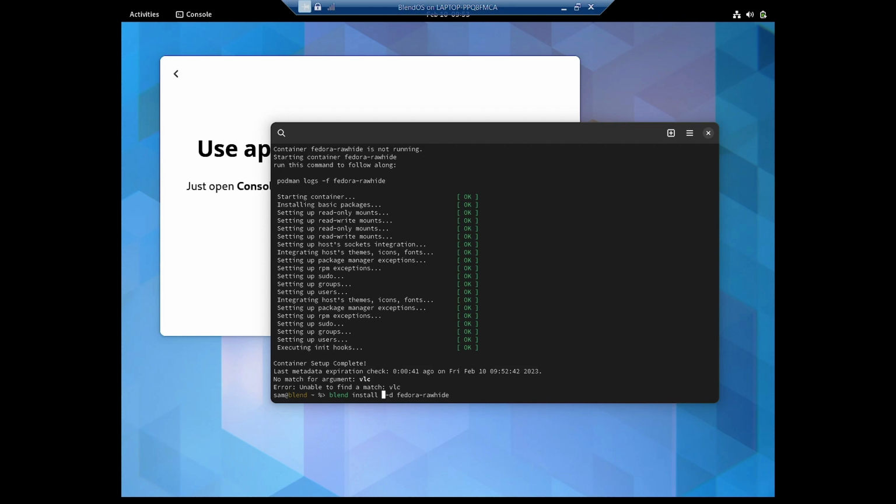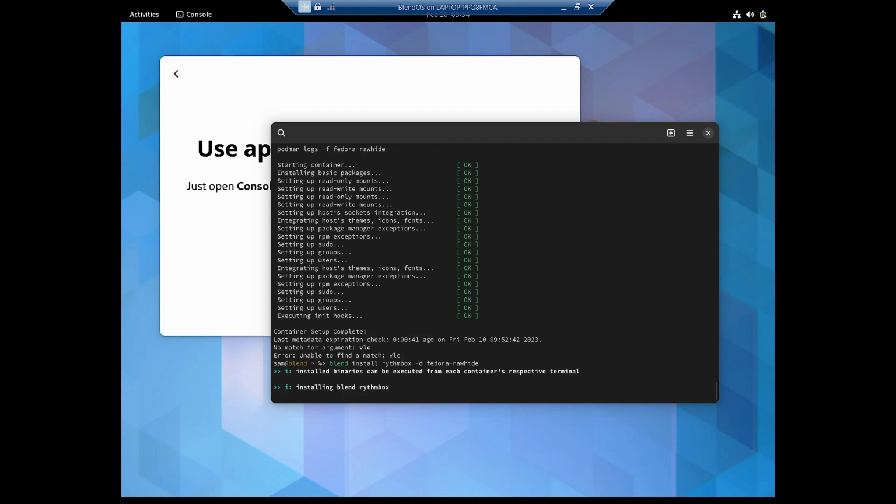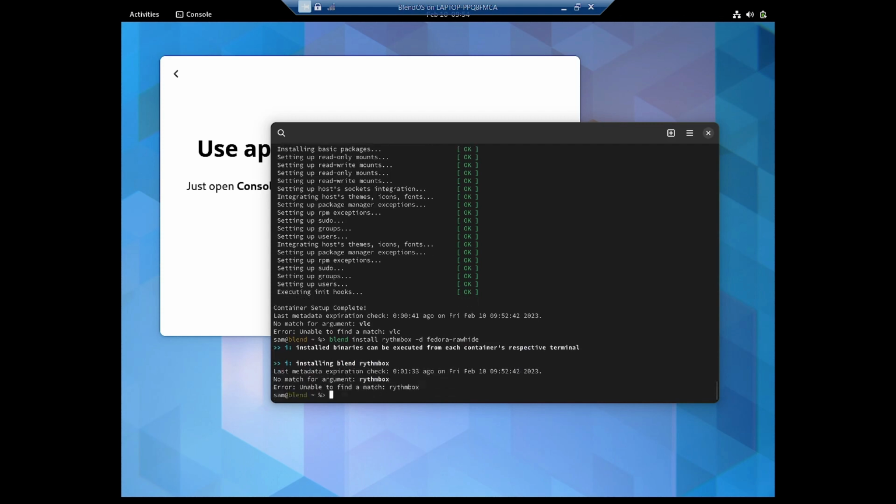What we will install, hmm, let me think about Rhythmbox. Let us try to install Rhythmbox. Yes, the Rhythmbox is there. So it is not able to find the